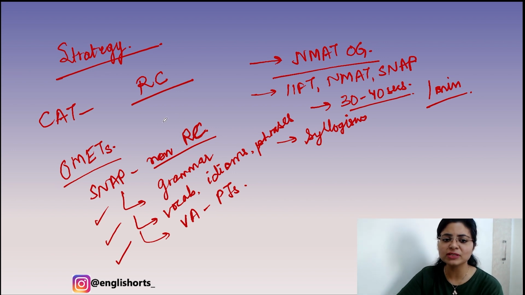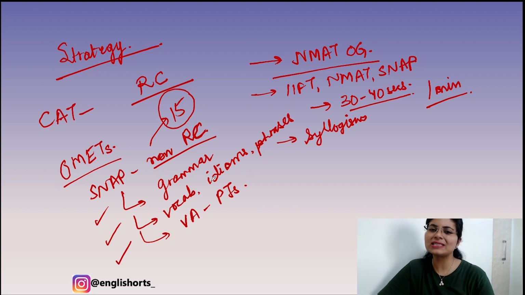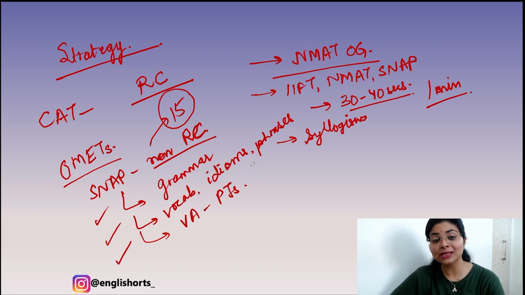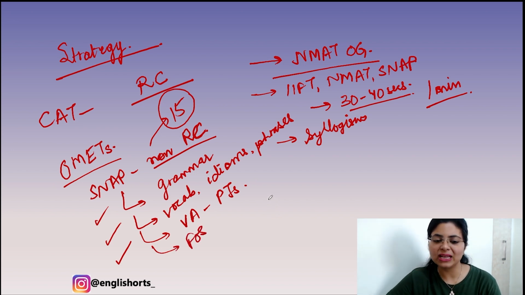So now when it comes to 15 questions that are non RC, you should make sure that you have a good amount of timed practice, where you're solving grammar, vocab, idioms, phrases, fill in the blanks, analogies, match the column, cloze test, parajumbles, etc. literally in seconds. Syllogisms also, connectives also, questions on figures of speech, for instance. All of these should be done in seconds. So whenever you're practicing for SNAP, do pay attention to the areas that you have been ignoring for CAT. Okay, the preparation is absolutely the opposite.